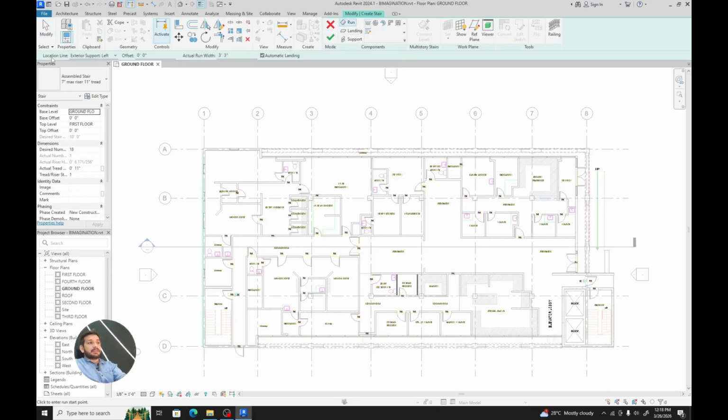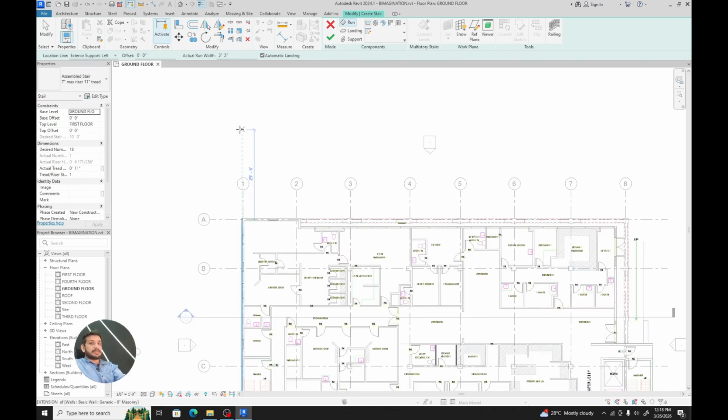In the options bar, there are some options: location line, then offset, then actual run width, and automatic landing box has been checked already. Let's discuss them one by one. First of all, in the location line, if you open your plan, then maybe in your case run or center is automatically selected. So let's just start from here,